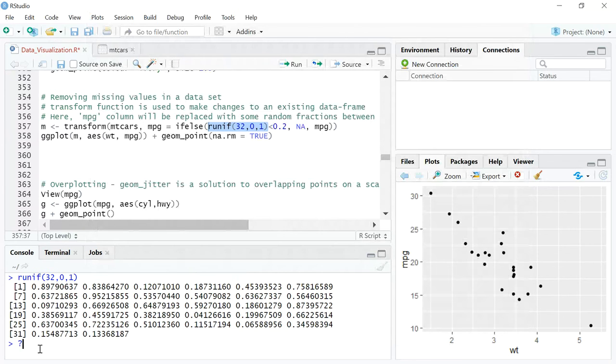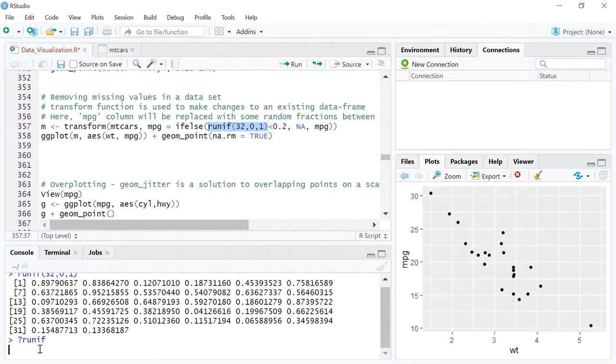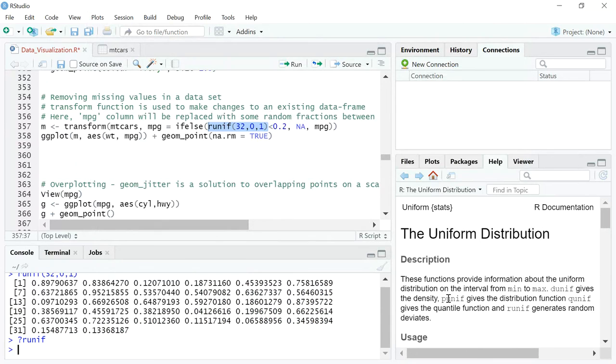So if you really want to understand what is happening with runif, it's a standard thing. You can use a question mark and mention the name of the command, and you can see that runif generates random deviates, right? It's a uniform distribution which generates random deviates. So what's happening here? I'm going to use an if-else function, and I'm going to say if runif, which is between 0 and 1, is less than 0.2, then you replace this with NA.